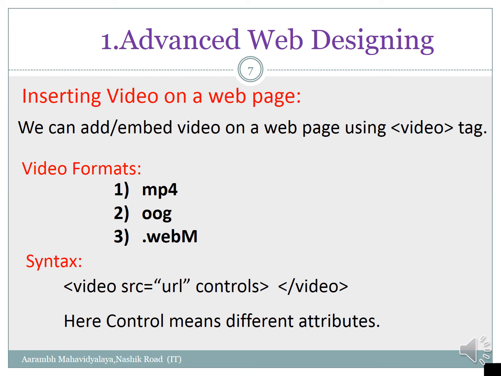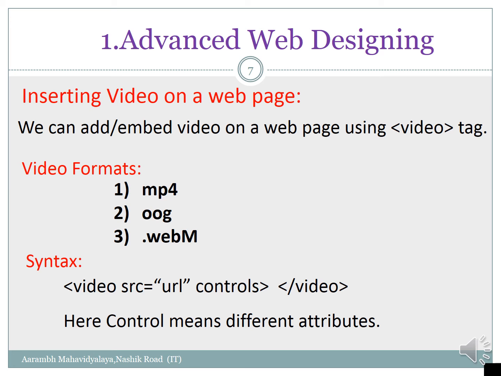Just like audio, we can insert video on a web page. To insert a video on a web page, we have to use the video tag. We can use different video formats to insert the video. First video format is MP4, second video format is OGG, and third video format is WebM.